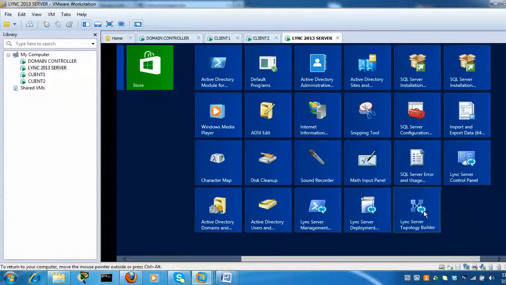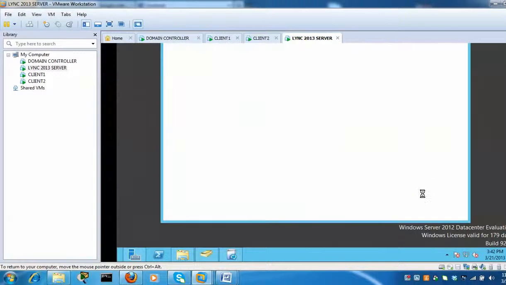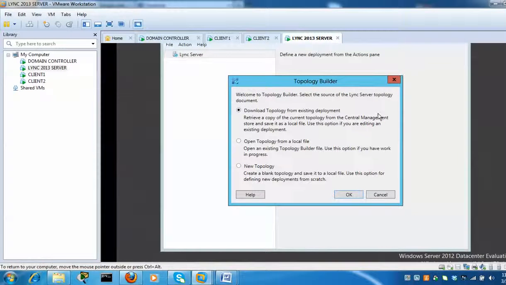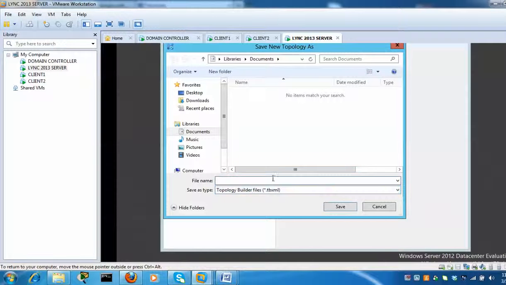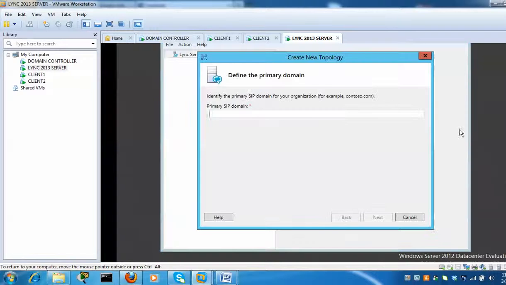This, we click on it. Here I select new topology and click on OK. Here I'm gonna choose a name, Lync 2013 top. Click on save. Here I'm gonna give my domain name. In my case it's pape.local. Click on next,